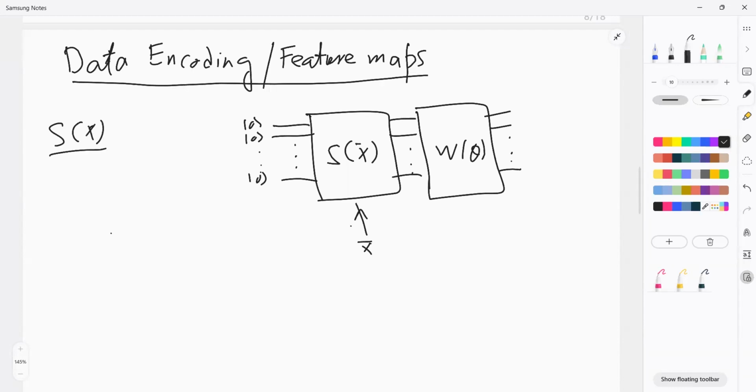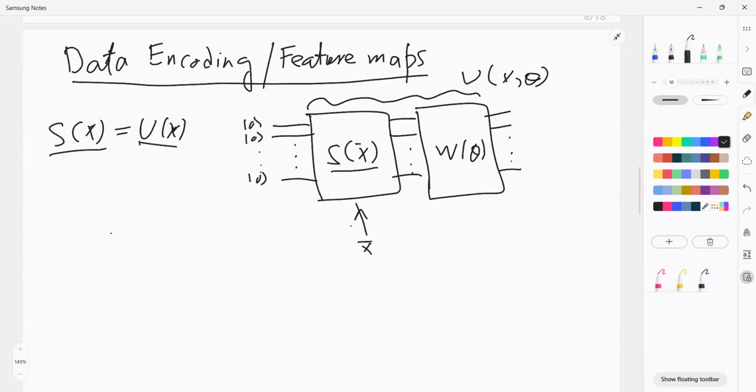Sometimes I'll be referring to this as unitary U of X, sometimes S of X, just to emphasize that this S of X is a unitary operator. And just to connect with yesterday's session, yesterday we were calling all of this block U of X theta. So when it is just U of X, it means the part of the unitary referring to